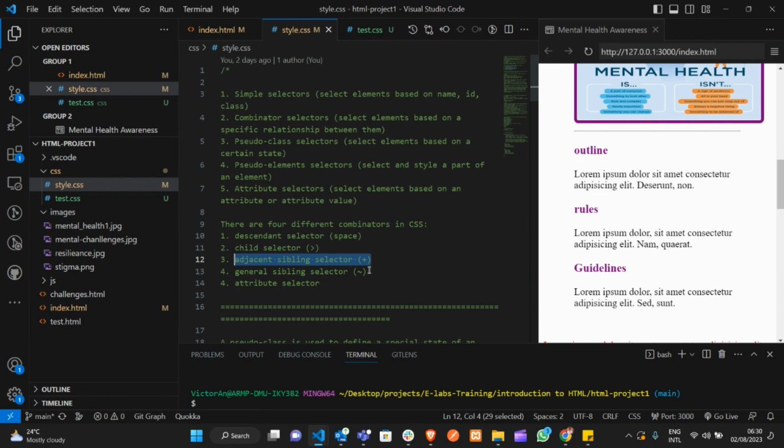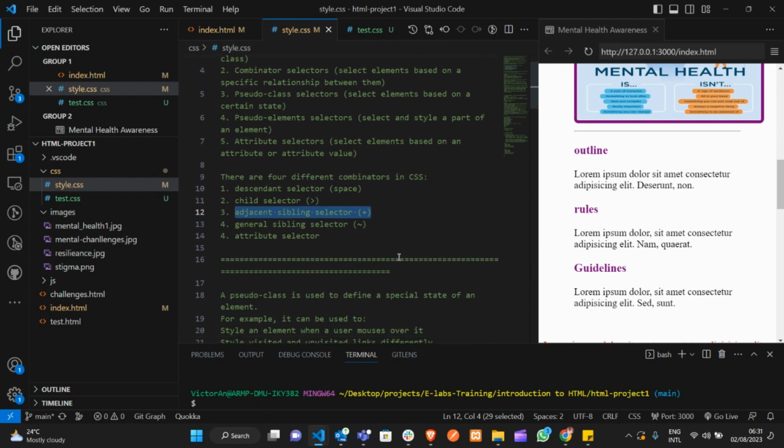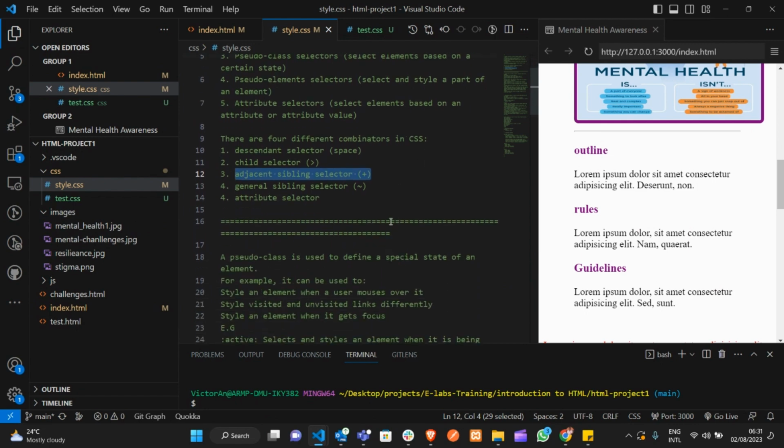The general sibling selector is more like the adjacent selector, but not exactly. What the general sibling selector does is that it selects elements that are next to a sibling element, just like what we have in the adjacent selector. So if we have a div with a paragraph,